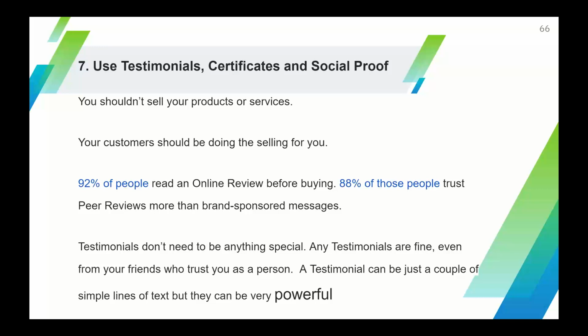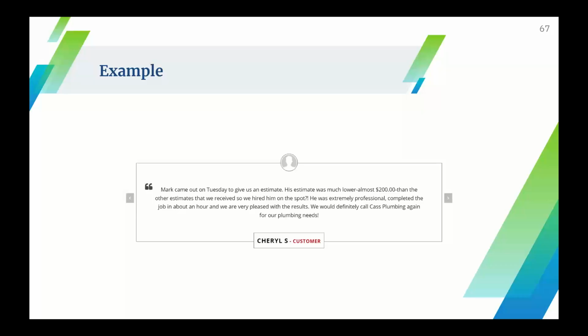Then you get clients and ask your clients for testimonials. Make sense? Let your customers, let your testimonials do the selling for you. Don't push it too hard by yourself. Here's an example, okay? Simple. Just 2 or 3 sentences of text will do the trick. Doesn't need to be fancy.